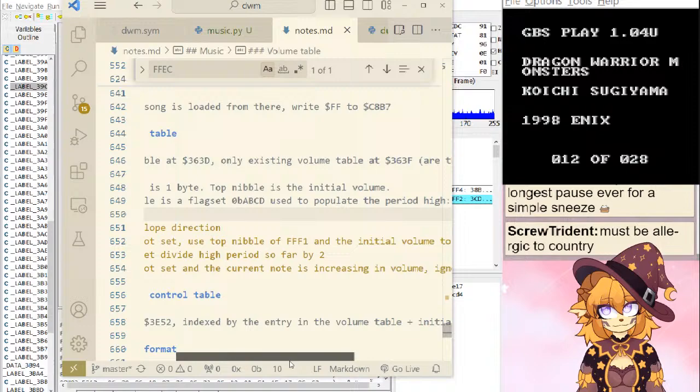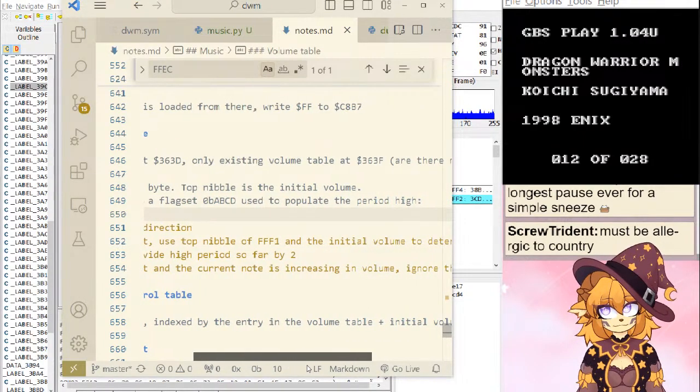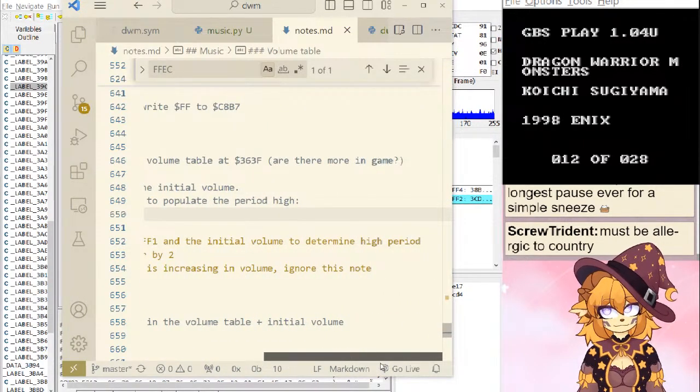Set divide high period so far by 2 if not set, and the current note is increasing in volume for this note.